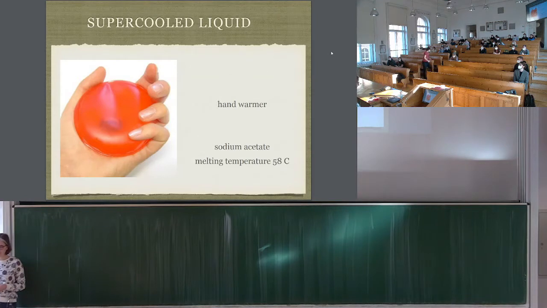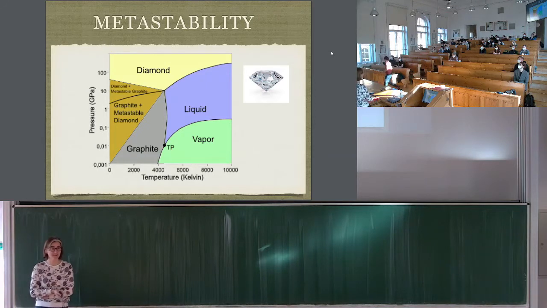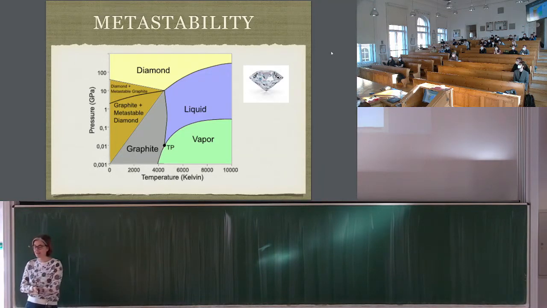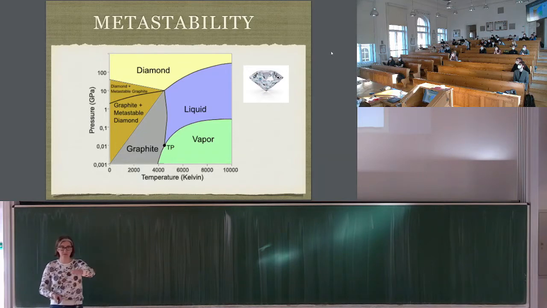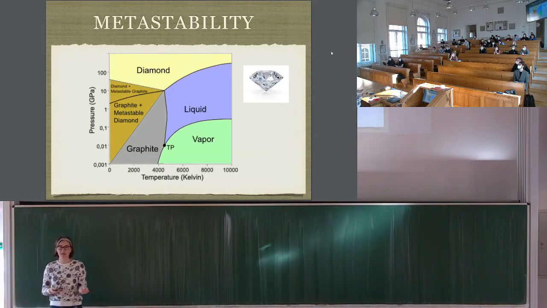And one more material that you'll be surprised is actually not in its equilibrium state. It's the diamond. Diamond was created at crazy high pressures and high temperatures in the rocks. And at normal pressure and normal temperature, the equilibrium state is actually graphite, the thing that you write with on your paper. And indeed, if we waited infinitely long, it would turn into graphite spontaneously without us doing anything.